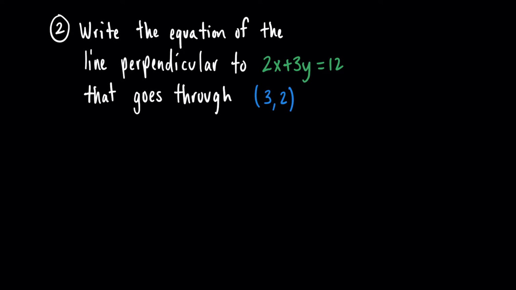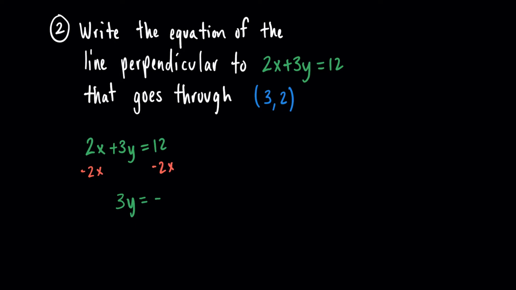All right, so write the equation of the line perpendicular to 2x plus 3y is equal to 12 that goes through the point (3, 2). So first thing that I would recommend doing is getting this line here into slope-intercept form just so we can see the slope of this line. So I would recommend subtracting 2x from both sides because we're trying to get the y by itself. So that'll give us